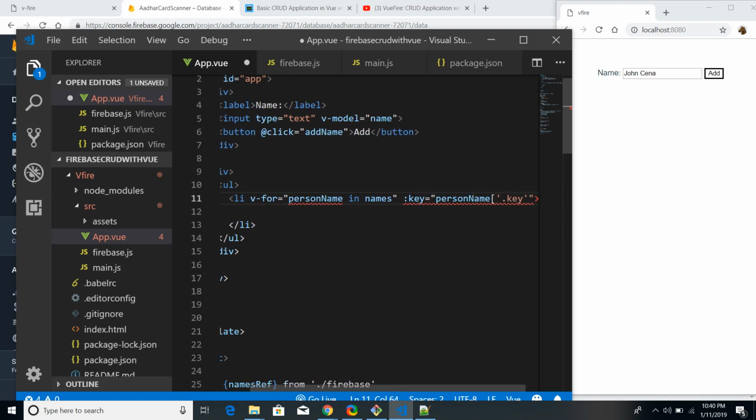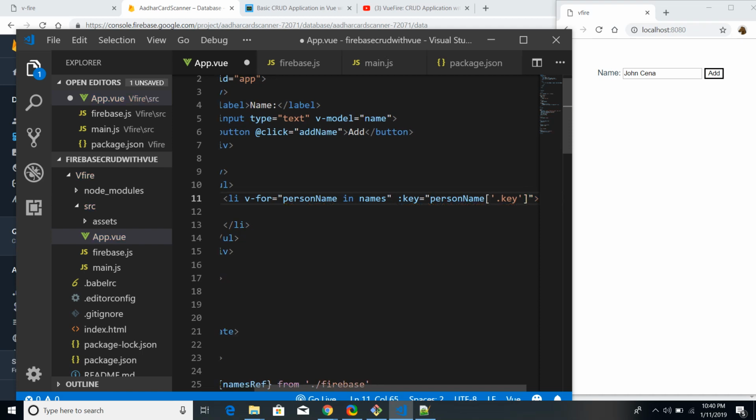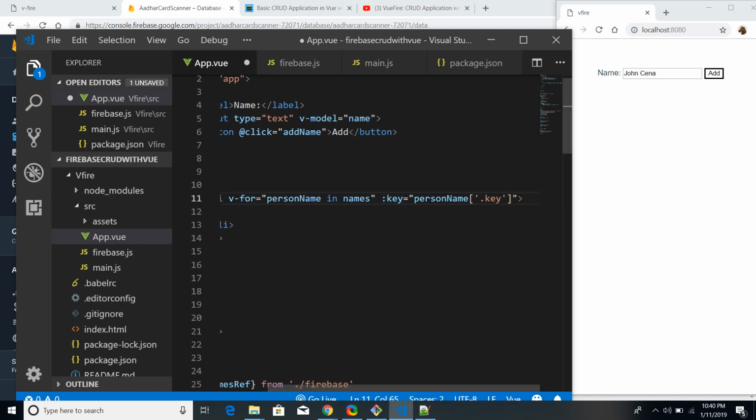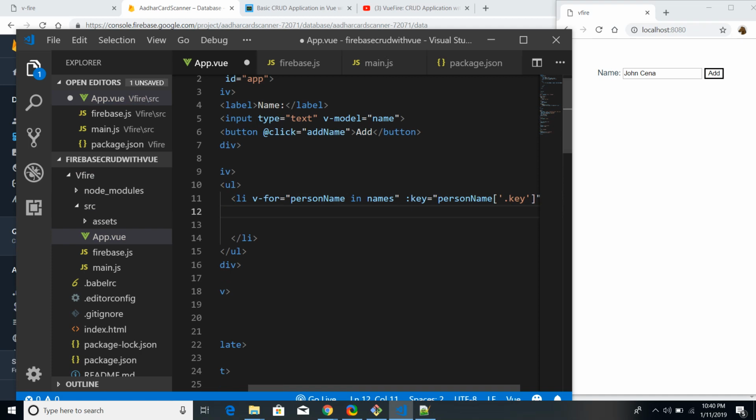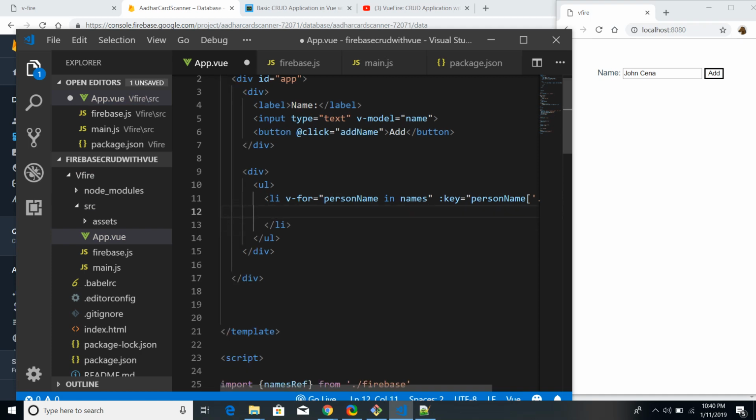You have to write it similarly, and you can see here the error is gone. We are just looping in this names array. This is the index here, personName is the index. So we have just bound that index with this key attribute. This key attribute is very much important. You have to attach this key attribute. Then in the li I will be printing out personName in a string interpolation expression. So if I just save this